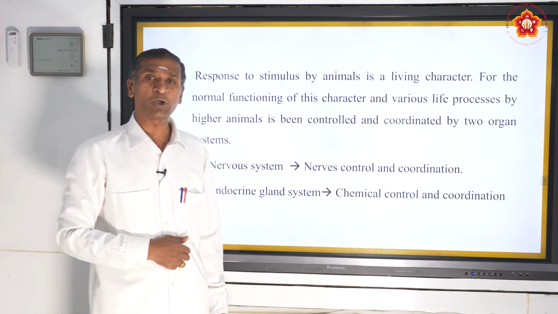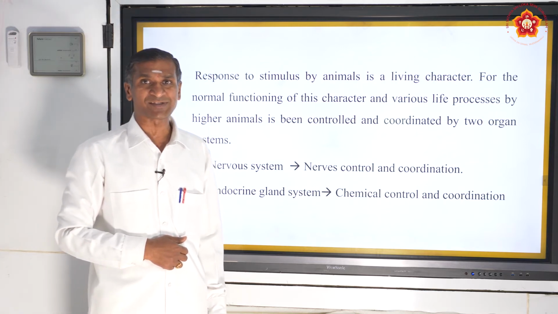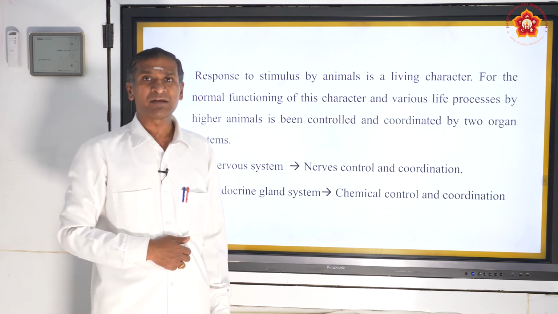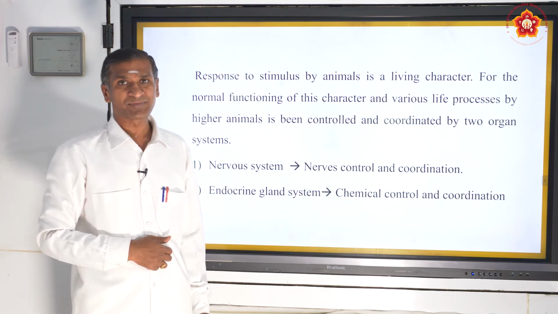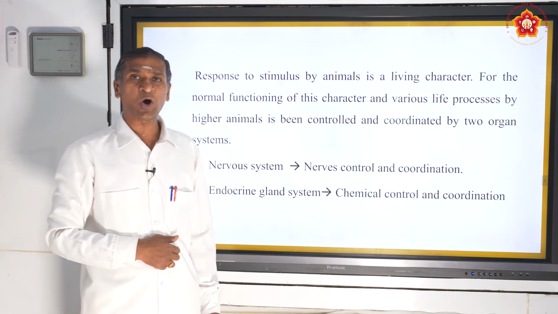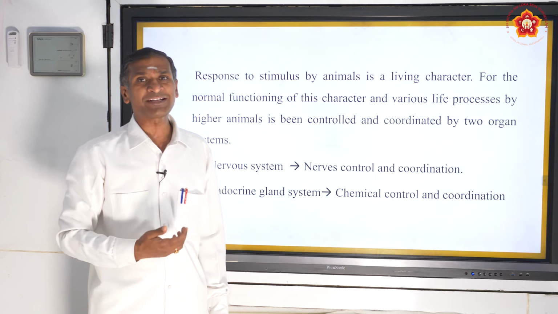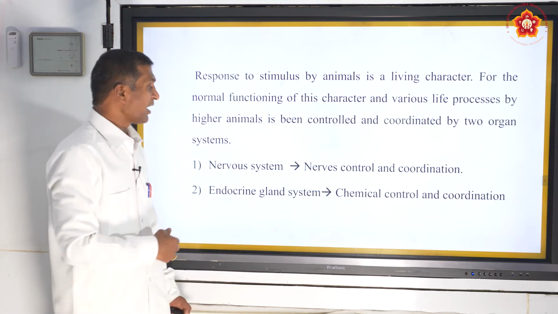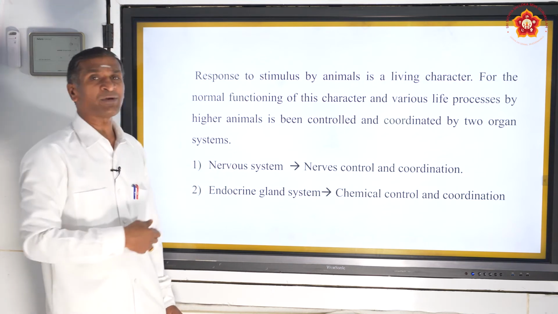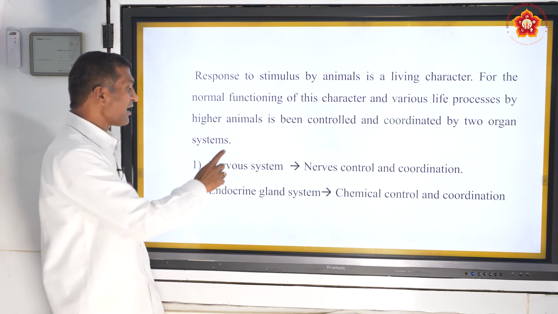Then what about the lower graded organisms? They are very simple because there is no complexity in their organ system. Their control and coordination is in direct contact with the environmental changes. And higher animal control and coordination is by 2